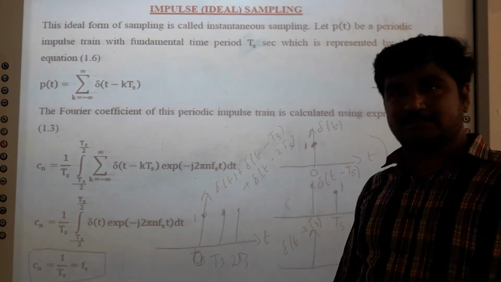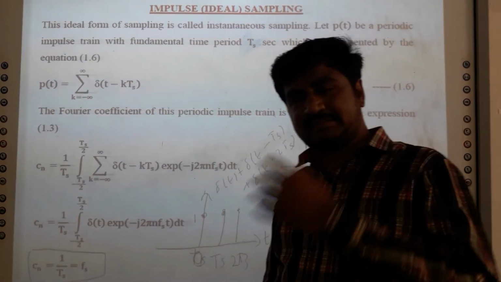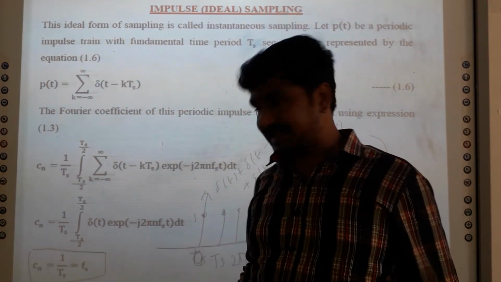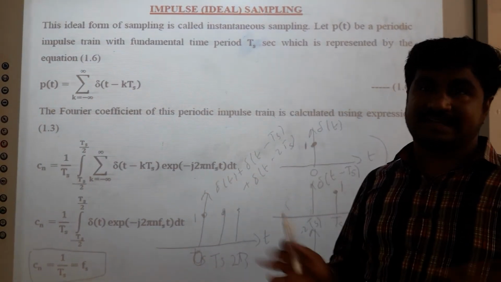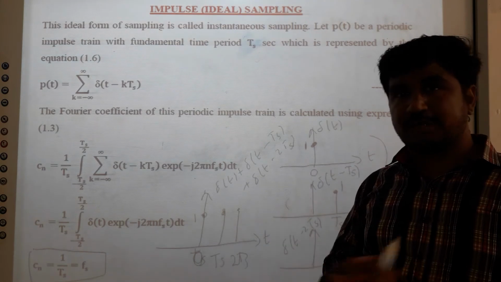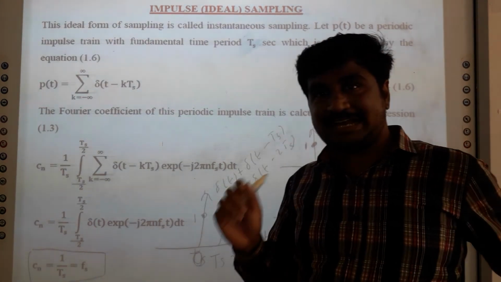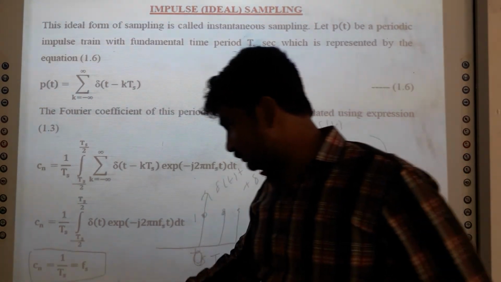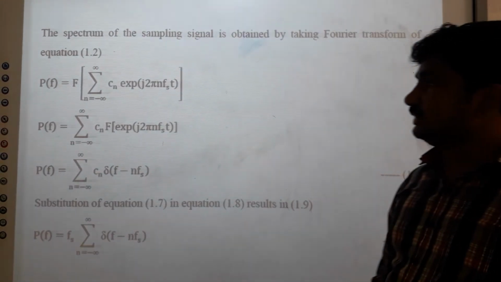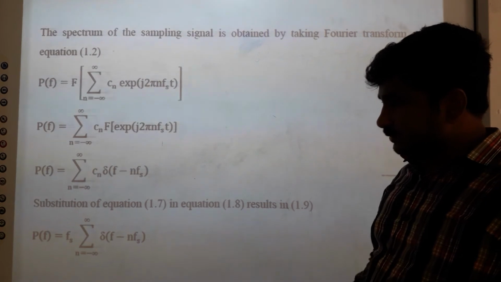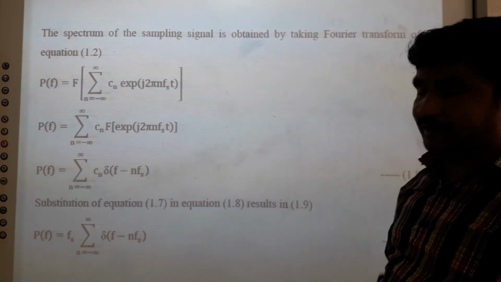Here C0, C1, C2 or C minus 1, C minus 2, whatever it may be, the value is constant in the case of ideal sampling. So it is not varying. The coefficient is having a constant value. So now, this is the spectrum of